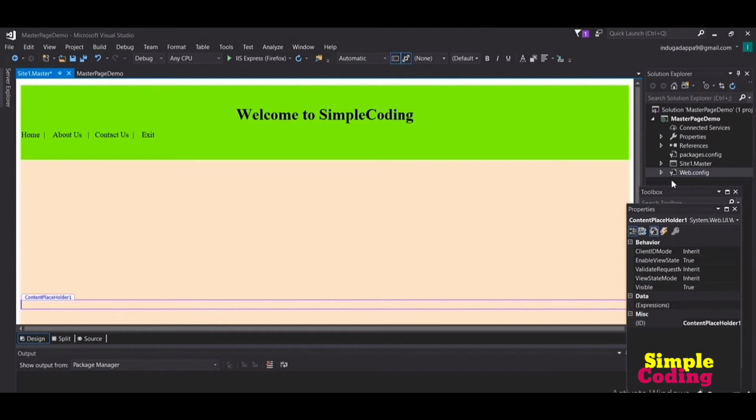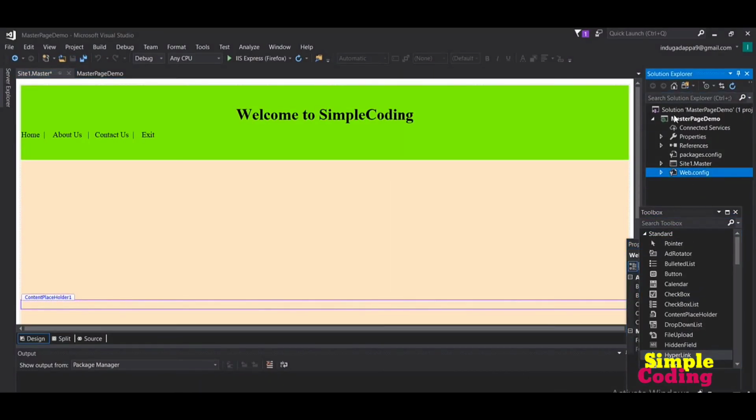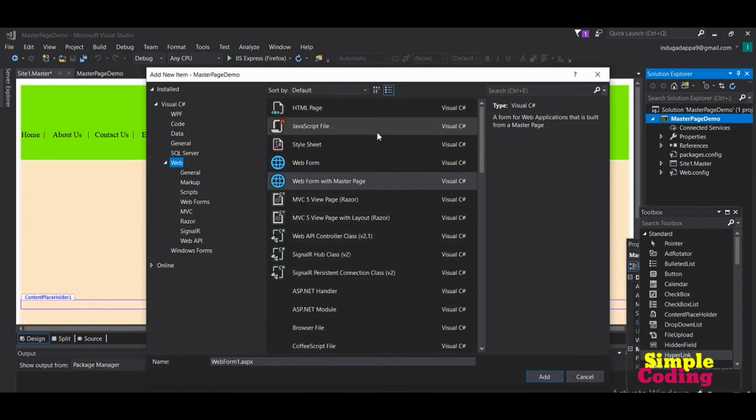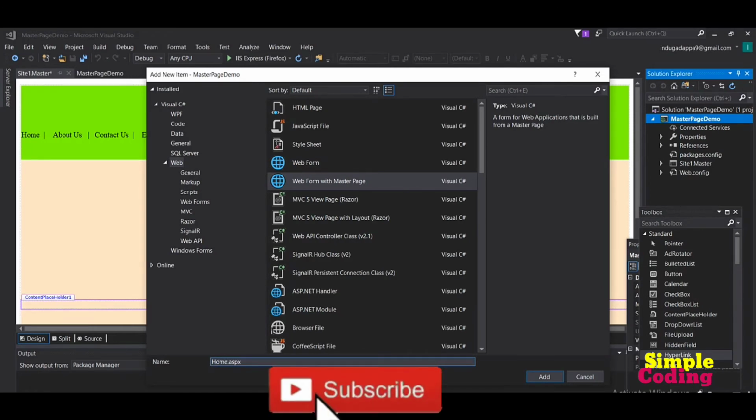Now let us add a web form to our project. Go to Solution Explorer, right click on the project name, click on Add, and then click on New Item. In this dialog box we have to select Web Form with Master Page. In previous examples we used to add a web form here, but to add master pages to our web forms, we now need to add a web form with master page. Here I am giving the name Home to my web